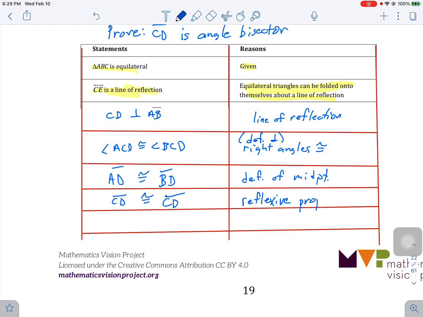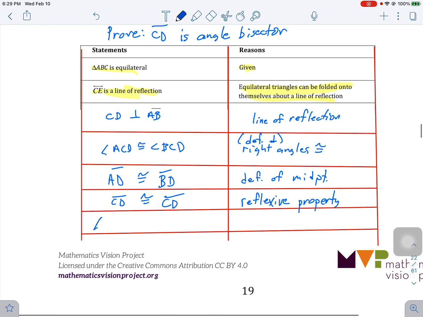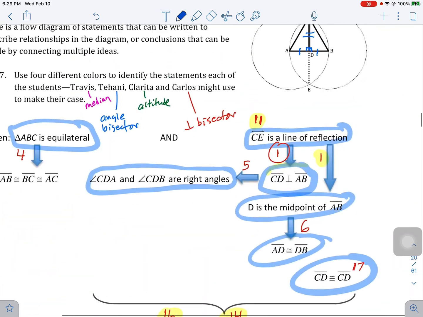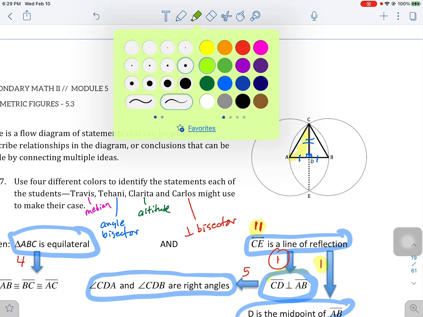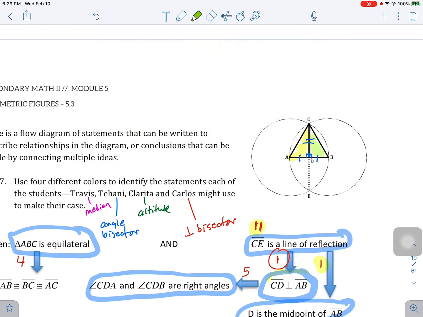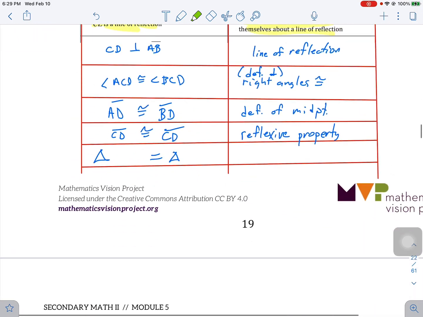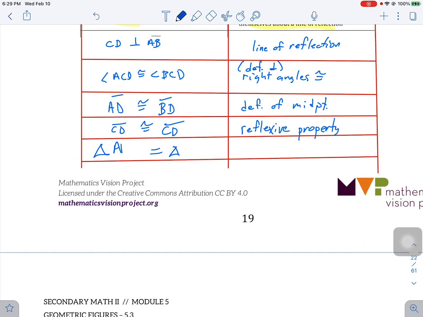And all of that is trying to show that we have a triangle that's congruent to a triangle. So triangle ADC is congruent to triangle BDC, side angle side. ADC is congruent to BDC by side angle side, and therefore finally